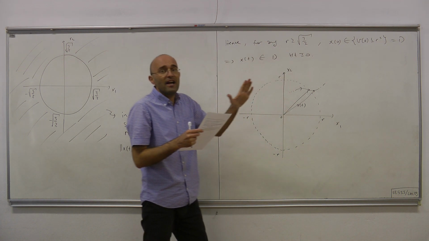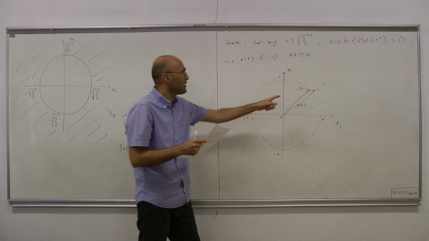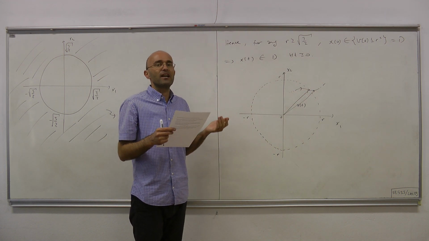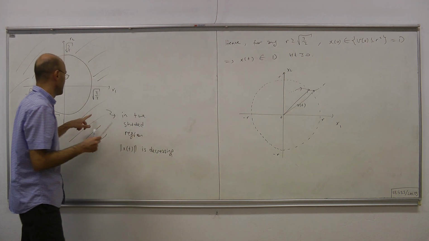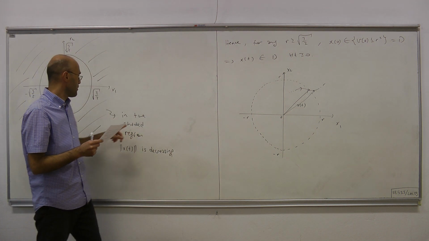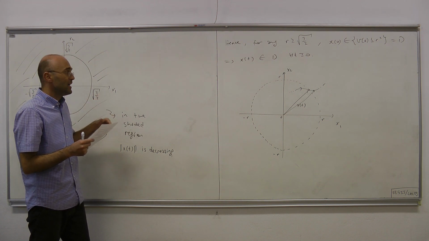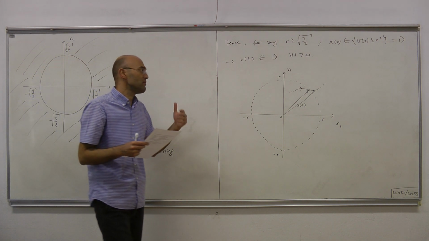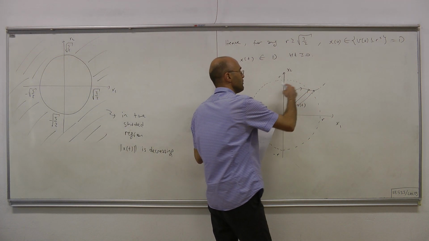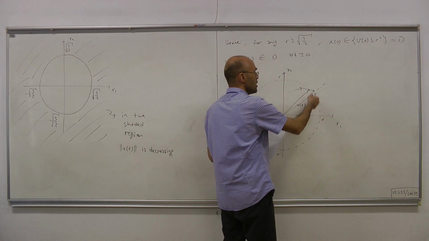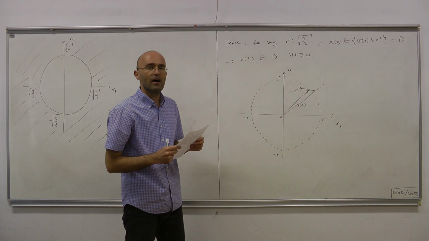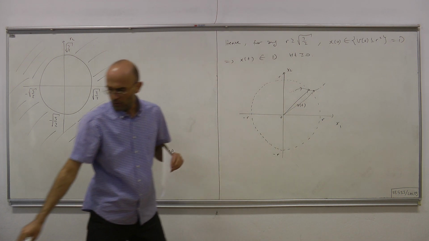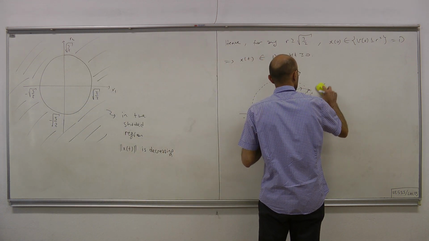If the Euclidean distance has increased, it means that at some point the derivative of that Euclidean distance must be positive, otherwise it cannot increase. But we have just shown that in the shaded region, when r is greater than or equal to this number, the derivative can never be positive. The derivative must always be negative. So you can never cross that borderline. And that means if you start in this disk, you will always remain in that disk. And that means forward invariance.